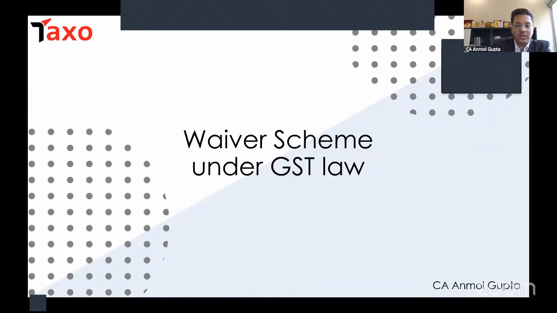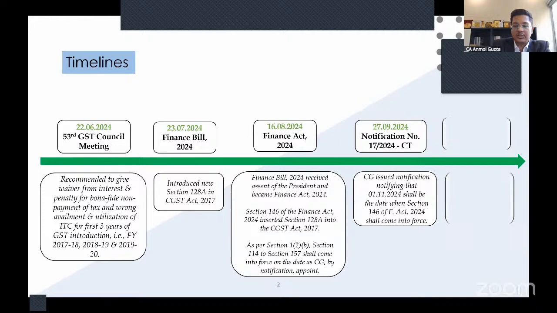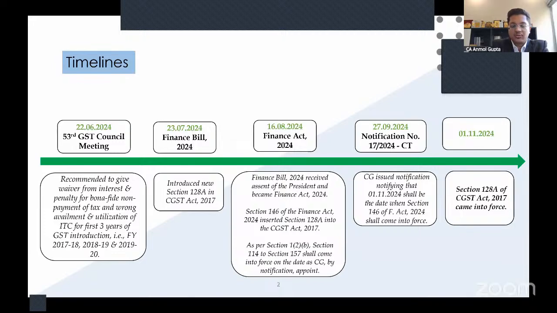Moving forward, at the outset, let us understand how the scheme has been brought into effect. The recommendation to bring such a scheme to give waiver from interest and penalty for the first 3 years of implementation of GST was brought into effect by way of the 53rd GST Council meeting, which was held on 22nd June 2024. This is the council meeting which was held immediately after the